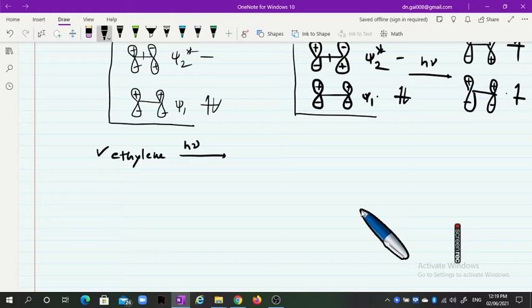When an ethylene molecule is irradiated, some ethylene molecules remain in the ground state,